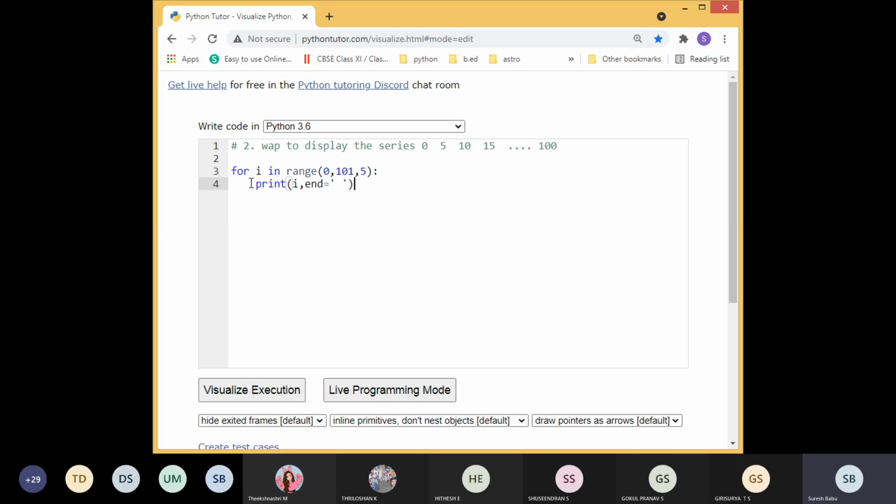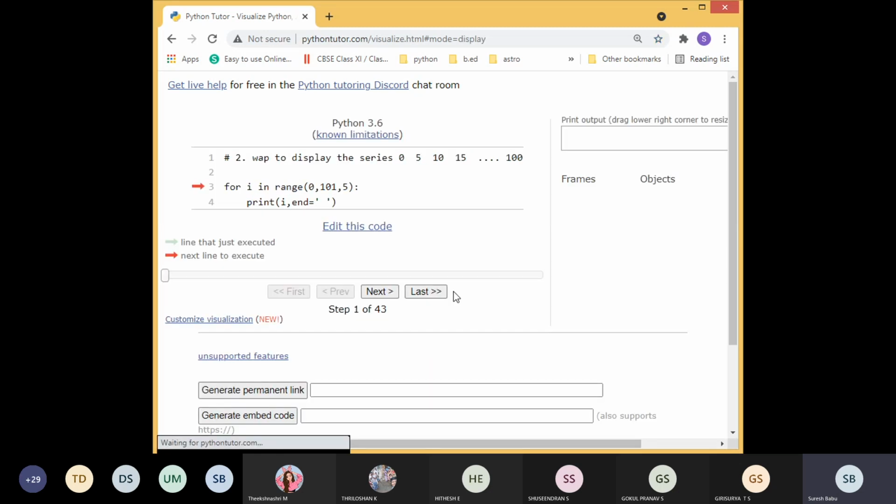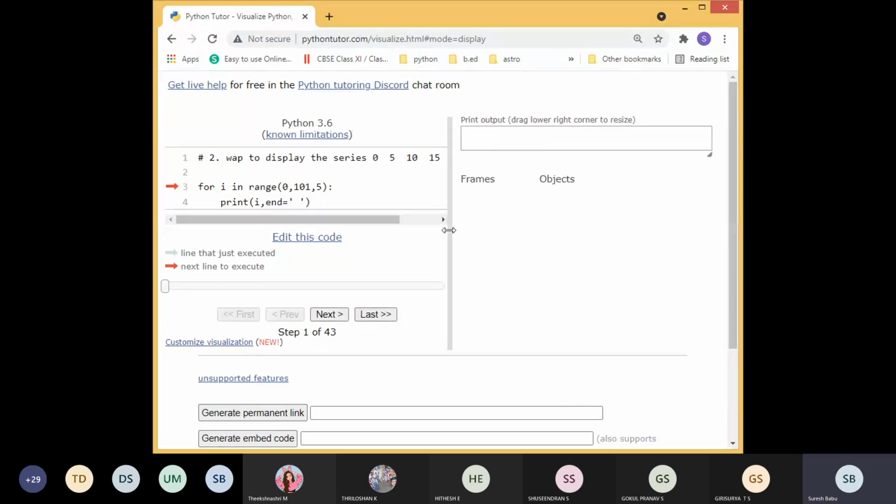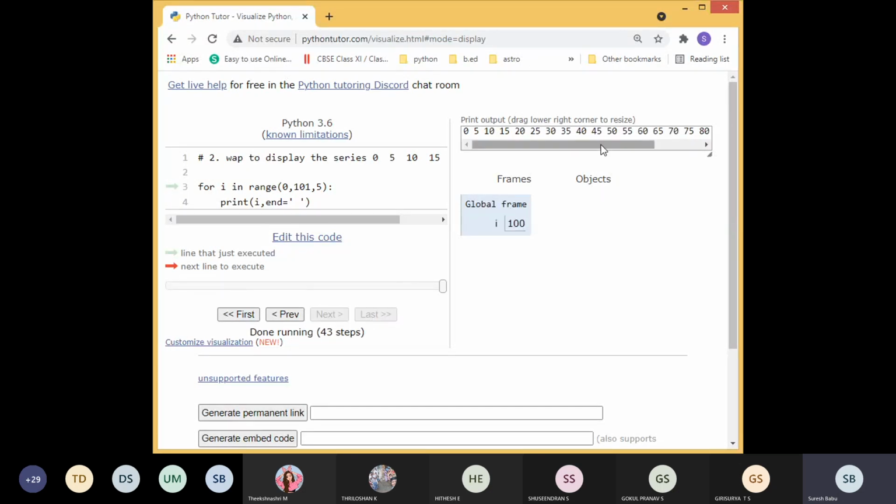That's all, only a 2 line program. So you should be ready. Within a second you can solve this. If you practice, you will get confidence. You can also solve this in a while loop. Now I want to show this solution. Here you can see the output 0, 5, 10, 15, like this it will go up to 100.